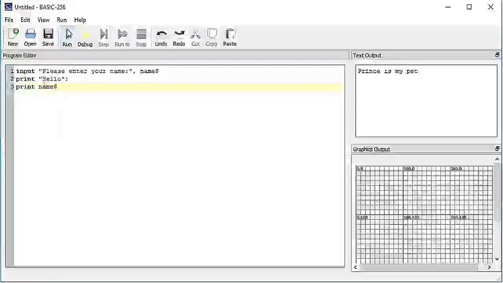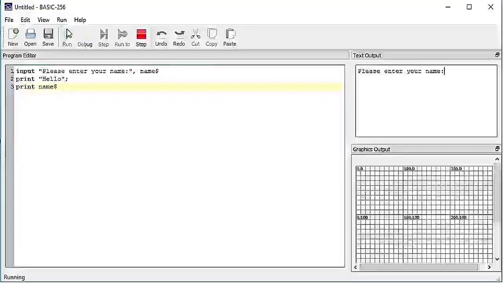Let's run this program and see what happens. Please enter your name. I will enter my name, Manoj. And I will say enter. Hello Manoj. This is what the computer will display as the